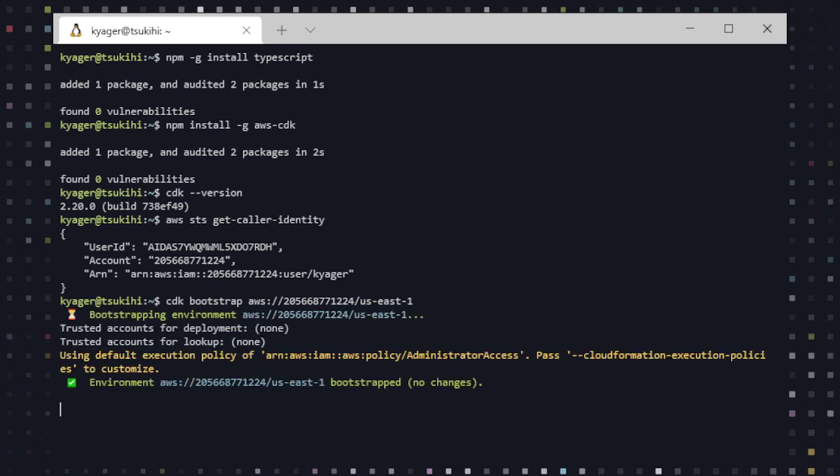And now I already have my bootstrap, so this is probably going to be a lot faster than yours. I don't remember how long it took initially, but I know it's not too long, so I'll just give it a minute so everybody else can get caught up. Alrighty, so now that we have that done,